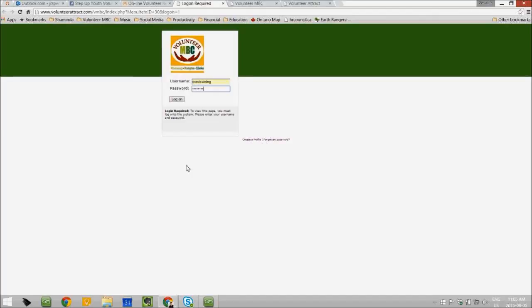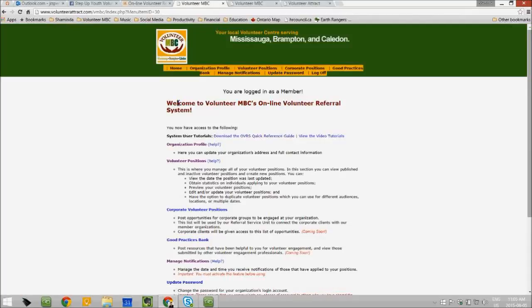But one important point to make over here is whenever you are changing your password, please do share it with everyone else so that everyone has access at the time that they need access. I am going to click log on. And once you click log on, you're taken to our